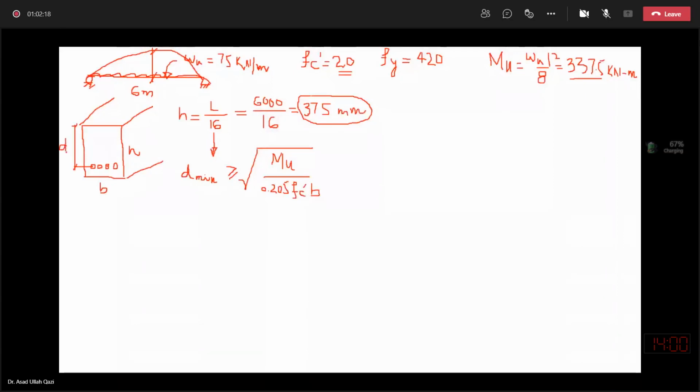If I violate this d minimum, I will not get a tension-controlled under-reinforced cross section, which is actually undesirable. I need to design a beam with d at least equal to d minimum. So from this step onward, I have discussed each and every step with section A,